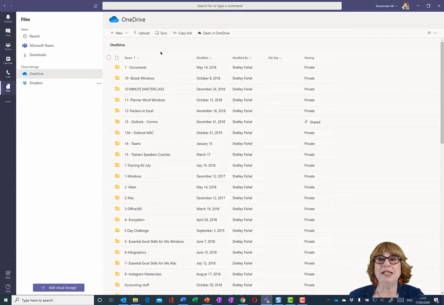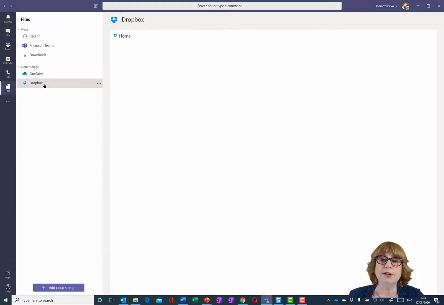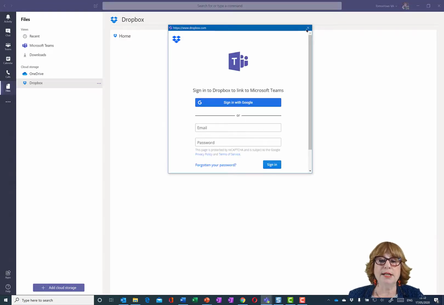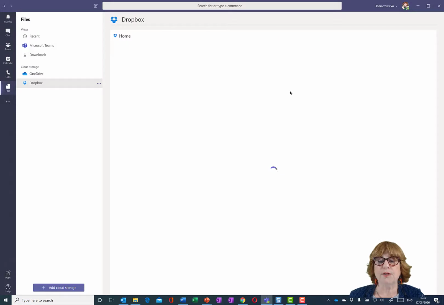And I can now get to any document anywhere from OneDrive. So I never need to leave Teams to get my work done, because I can work right here inside my files. And I've also connected up Dropbox. I would need to sign in. I'm not going to do that right now because I really don't need to.